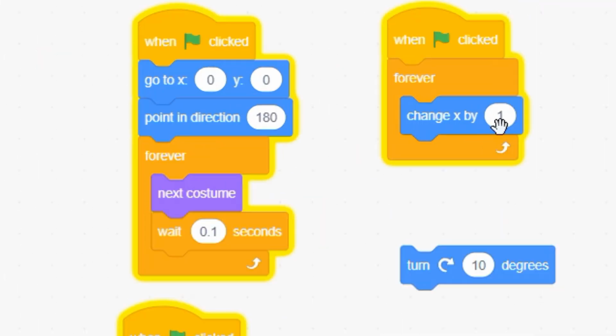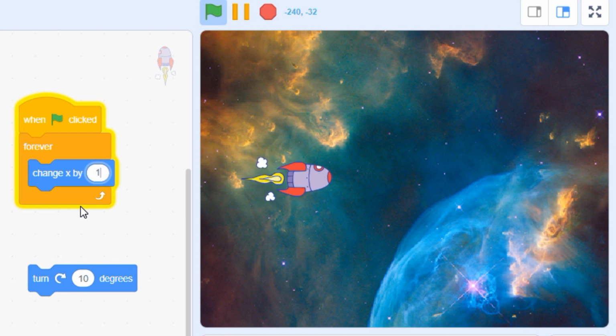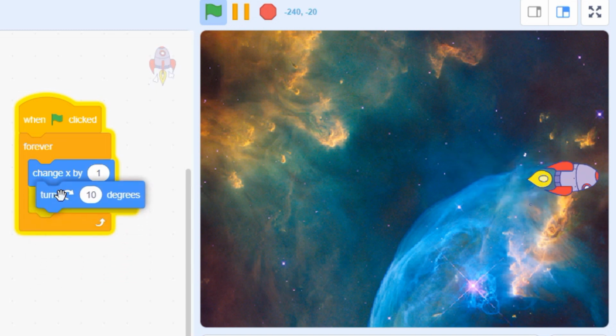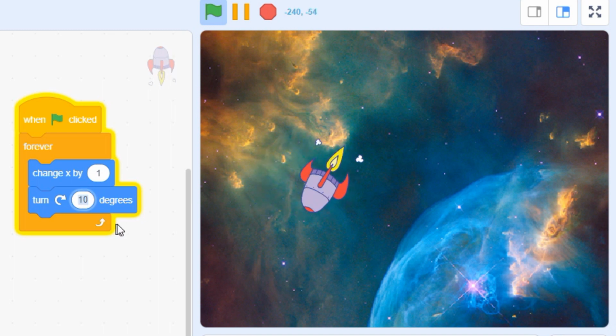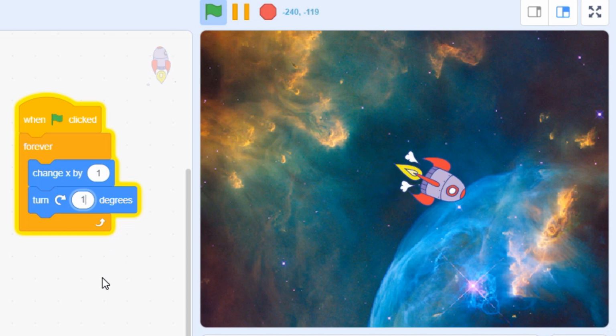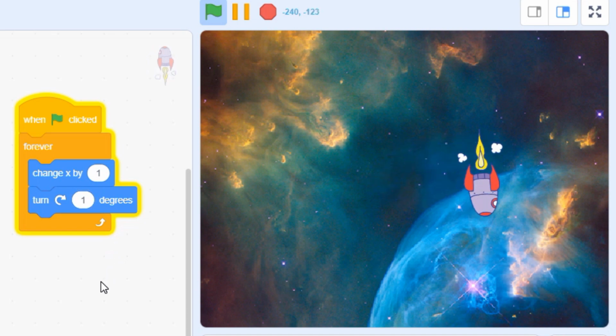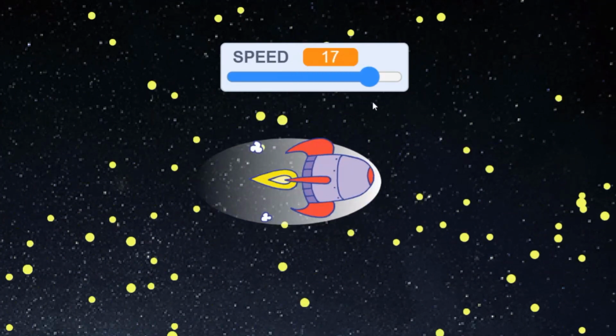The little white input bubbles embedded in many Scratch blocks allow you to control how much or how little they affect the sprites on the screen. Change your move from 1 to 10 and you're moving 10 times faster. Change your rotation from 10 to 5 and you're turning at half the speed. To make your games really exciting though, you'll want these numbers to keep changing as your game progresses, and that's